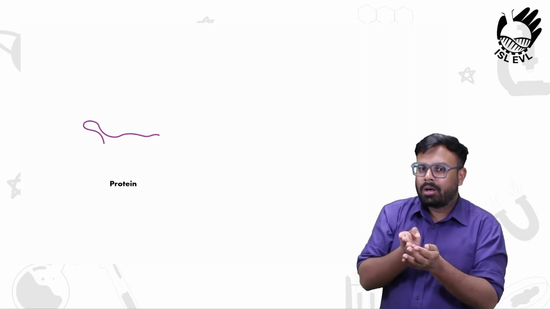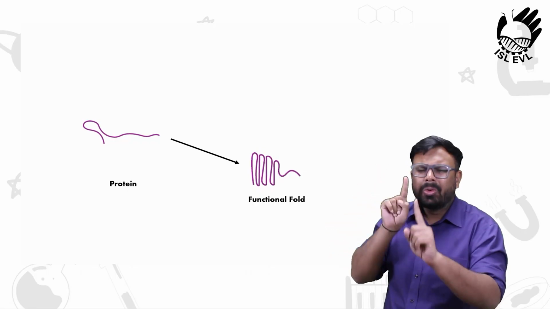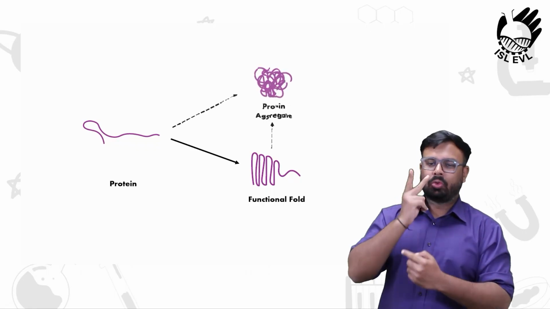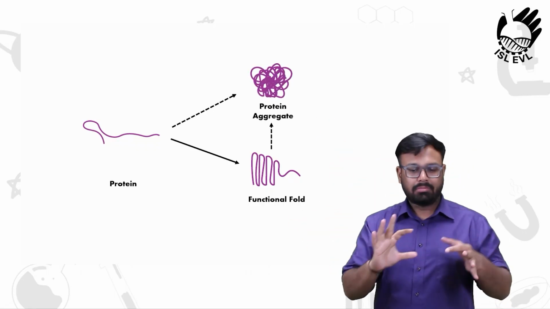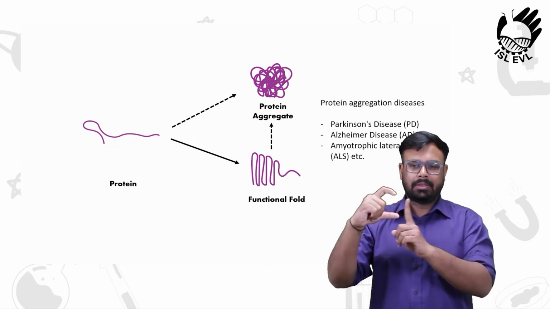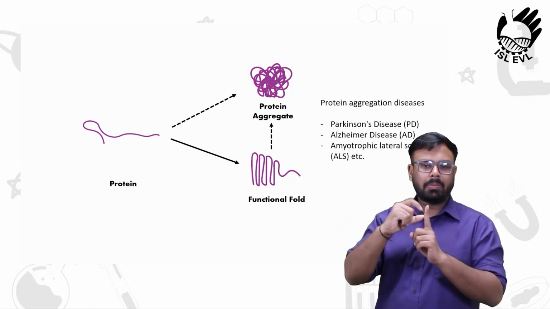Sometimes, for multiple different reasons, proteins cannot achieve their functional structures, and then we call these proteins misfolding and forming aggregates. These aggregates are associated with multiple age-related degenerative diseases, including Parkinson's disease, Alzheimer's disease, and so on. One such protein aggregation disease is Parkinson's disease, where a protein called alpha-synuclein forms protein aggregates